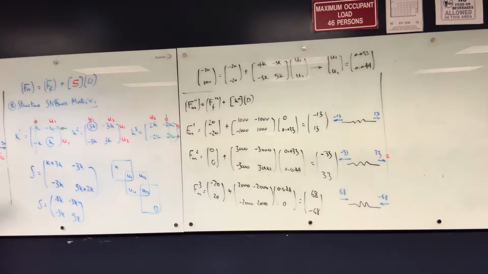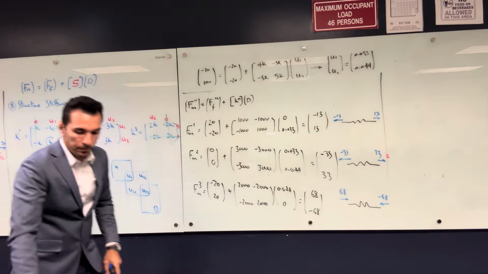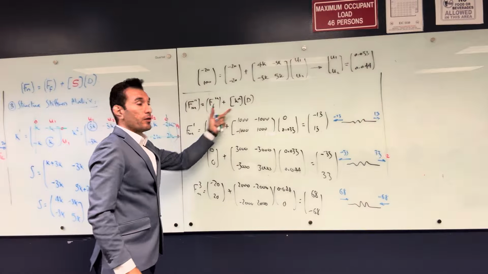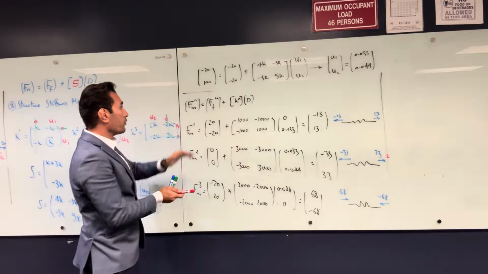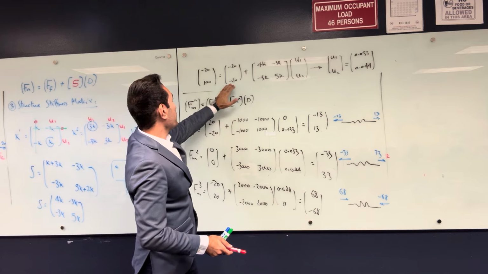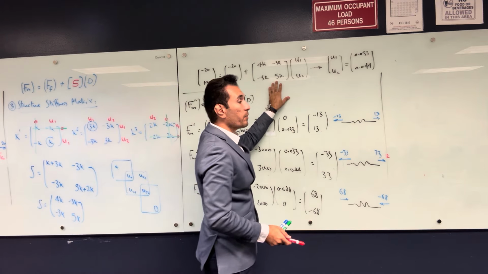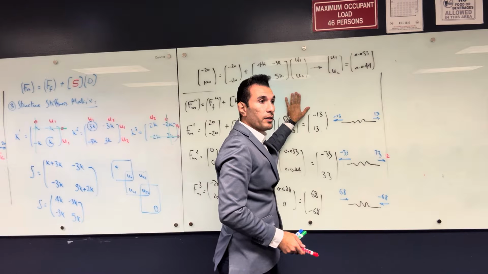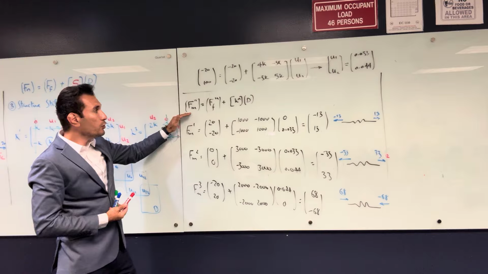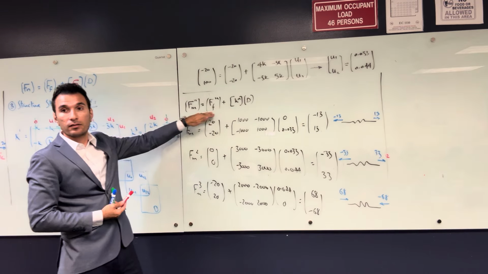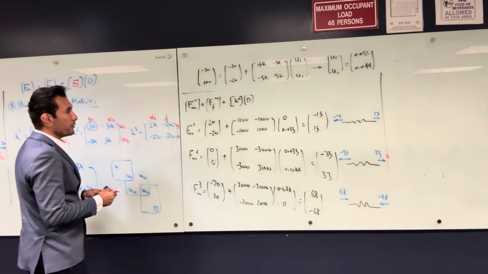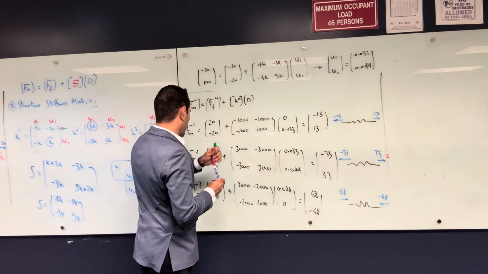Okay, so once you build the structure stiffness matrix, use the stiffness method equation, this equation. Substitute with the fixed end forces, the nodal forces, the structure stiffness matrix, find the deformation at the degrees of freedom, U1 and U2. Once you find the deformation at the degrees of freedom, find the forces on each member by substituting in the element stiffness equation. So this is the structure stiffness equation. This one,